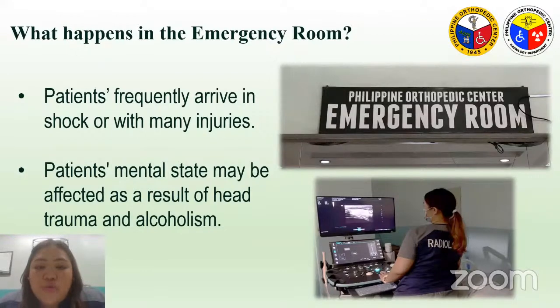In our line of work, we serve over 100 patients every day, and as a result, most of our patients' conditions are typically bad. They commonly arrive in shock or with numerous injuries, and drinking and having head trauma also have an impact on their mental state. Due to this, our patients frequently suffer from distracting injuries, which further complicates the attempts to determine their injury pattern